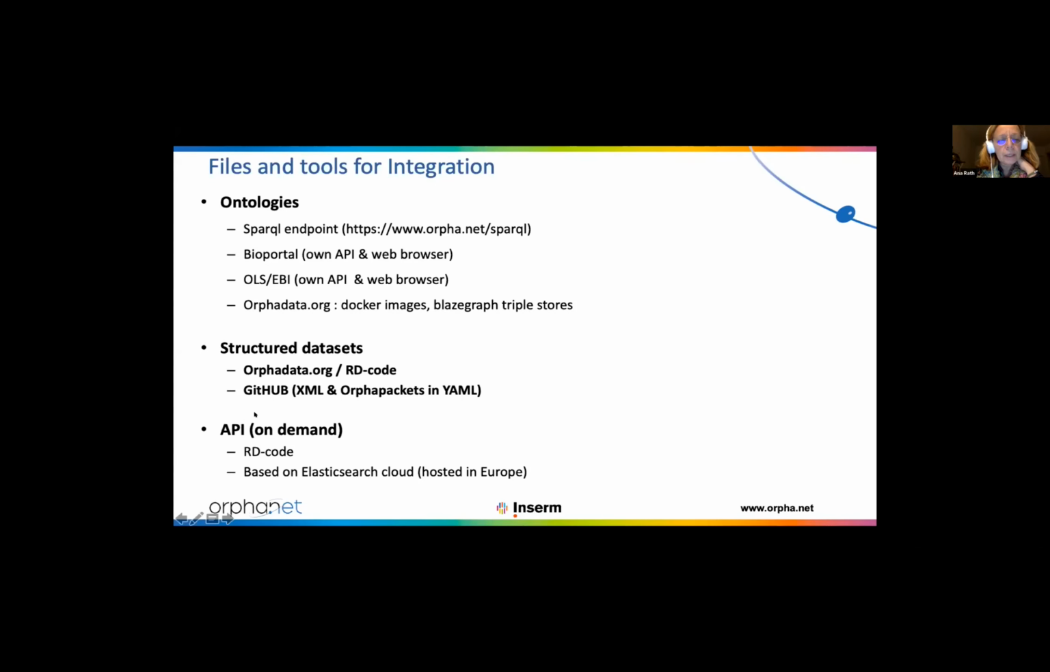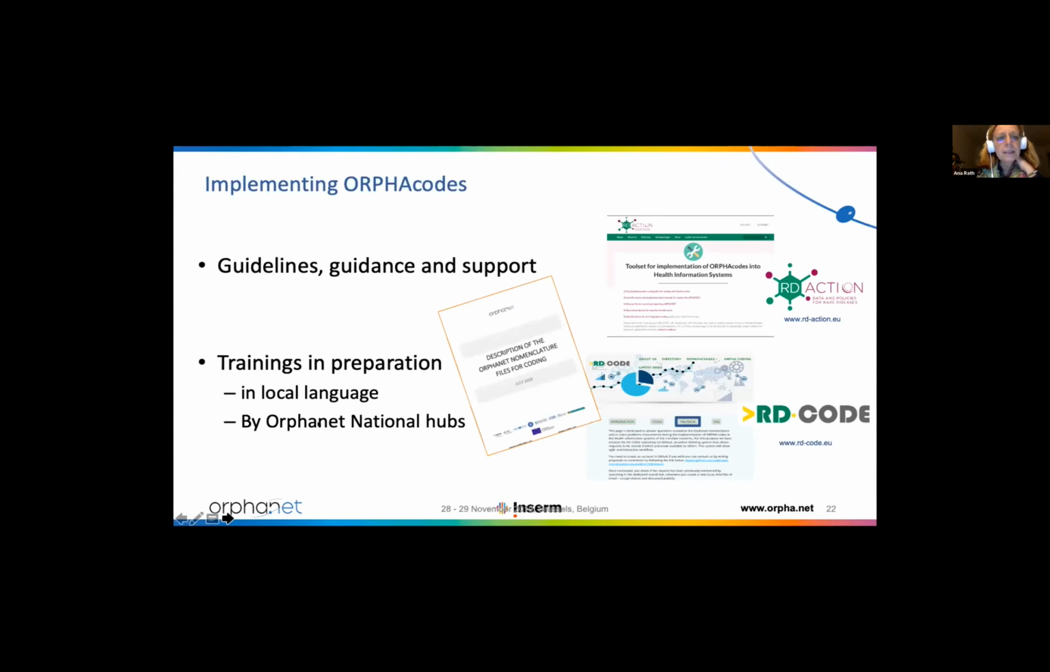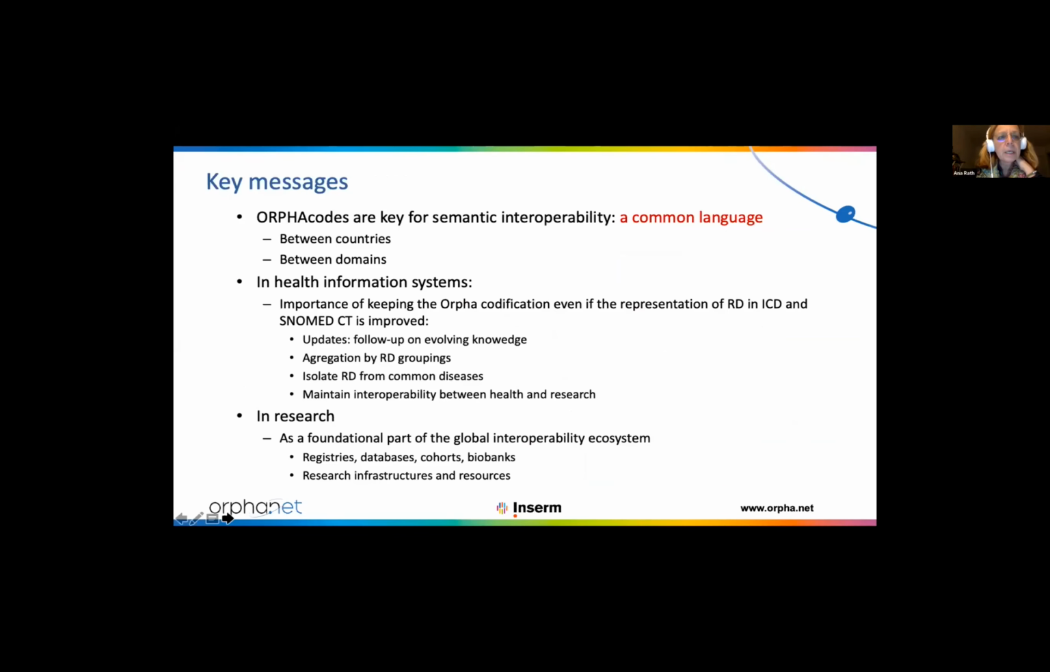And we are setting up APIs on demand and a specific API for codification in the RD code website, together with guidelines, guidance, and support, a help desk, and trainings that are being prepared and will be delivered in local language by Orphanet national hubs. So ORFA codes are key for semantic interoperability because they provide a common language between countries,